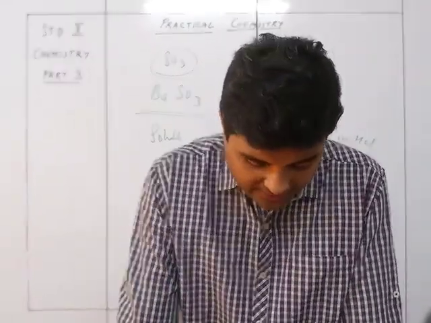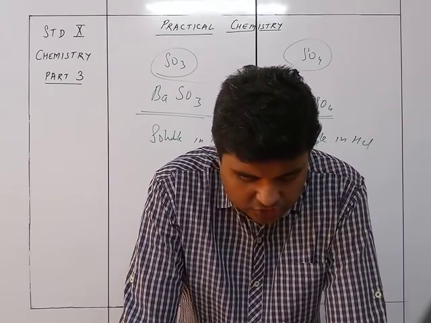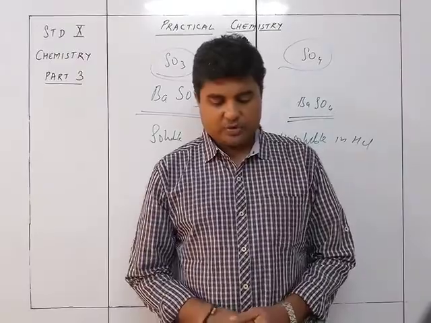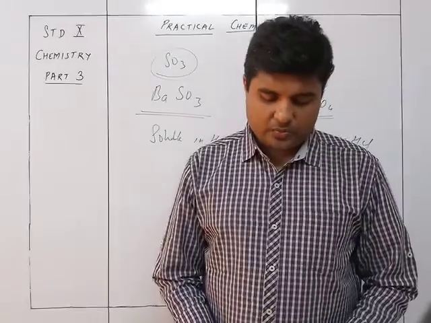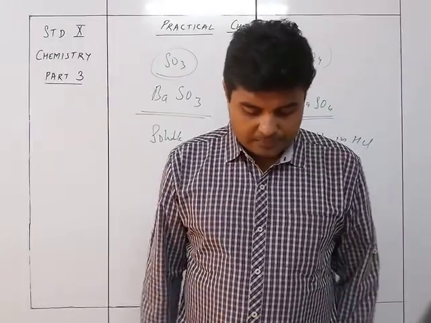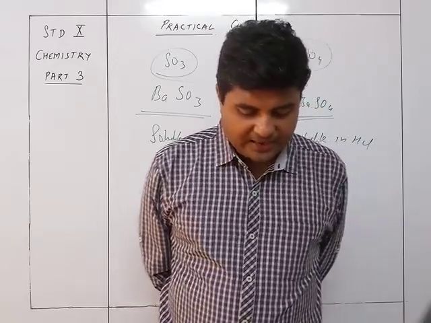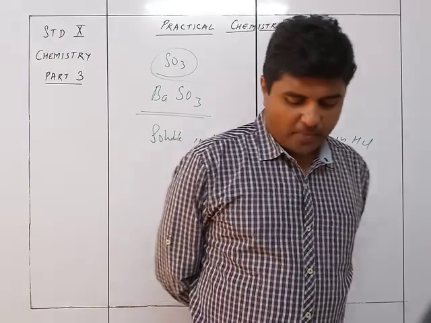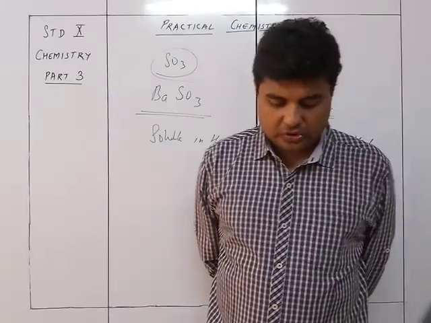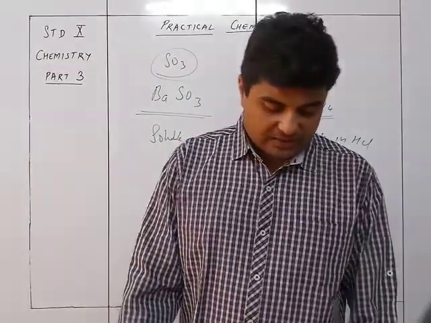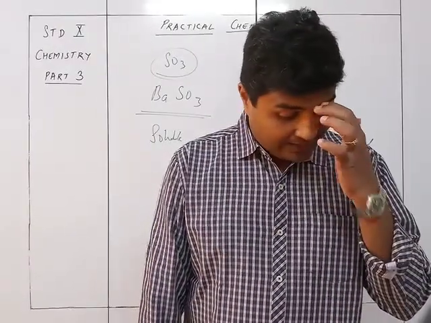So aluminium, zinc and lead with concentrated alkali form soluble sodium salts and hydrogen. Sodium salts are sodium aluminate, sodium zincate and sodium plumbite respectively. Hydrogen gives a pop sound with a glowing splinter. And oxides of aluminium, zinc and lead are amphoteric and react with concentrated alkali forming sodium salts plus water. White cloudy solution obtained slowly settles down. So this is about the action of the amphoteric substances with alkali.